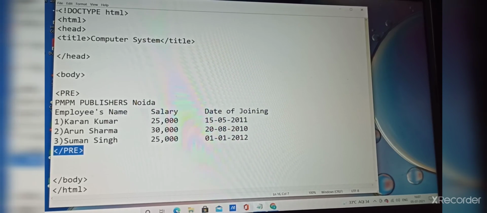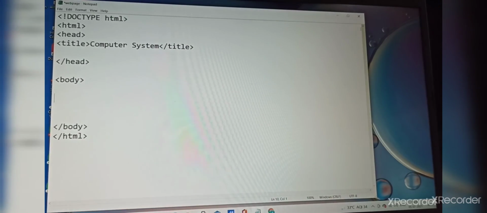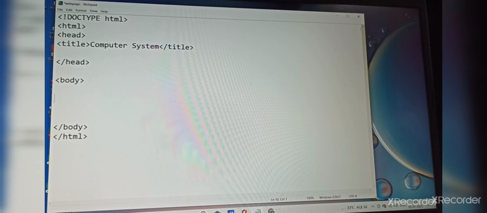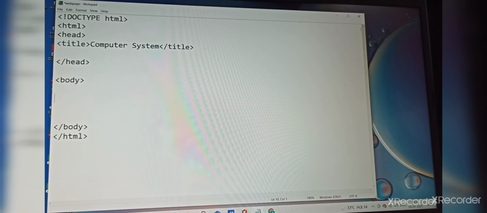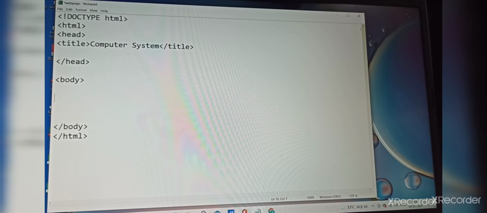Got it? Okay, now we are going to see the heading tags. Heading tags give a headline in web pages. There are six different heading levels from H1 to H6.